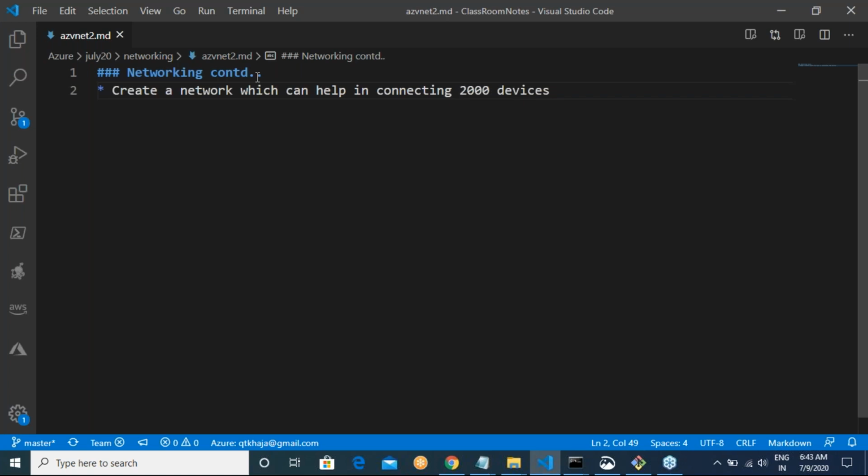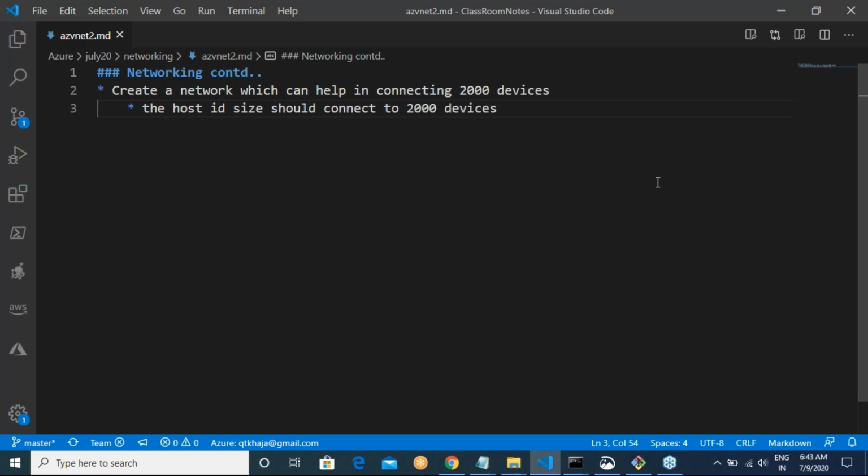We want to find a network in such a way that it can help us connect approximately 2000 devices. So how do we go about doing this? The easiest way, if you look at this question, is that the host ID size should connect 2000 devices.